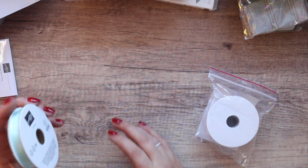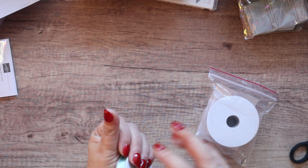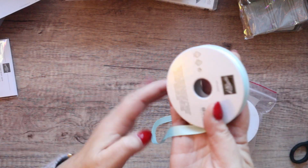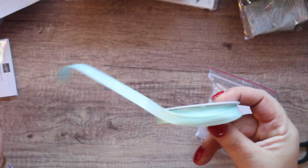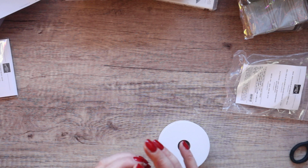Which is the next one? Pool Party ribbon. Pool Party Grosgrain. And just a nice simple grosgrain ribbon. And then finally we've got a pack which is Real Red and Burlap. And the Real Red looks like one we've had before,